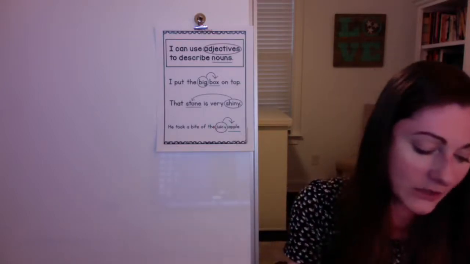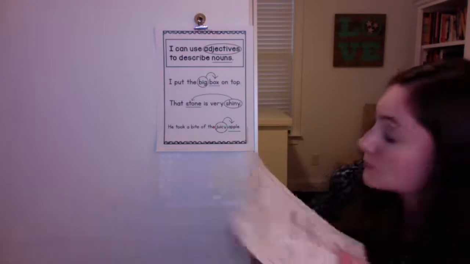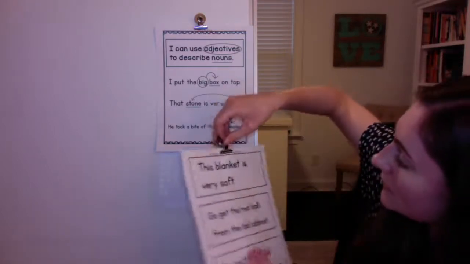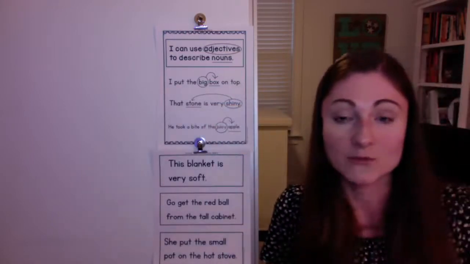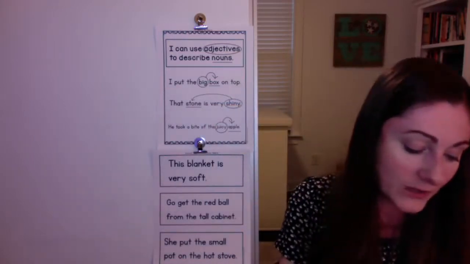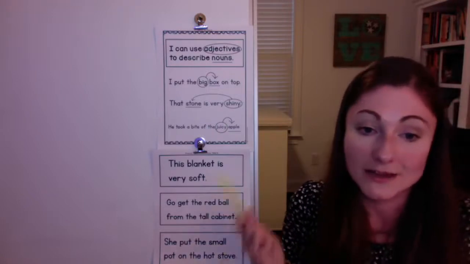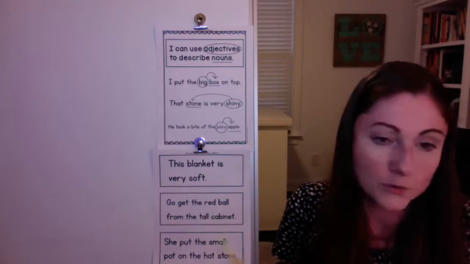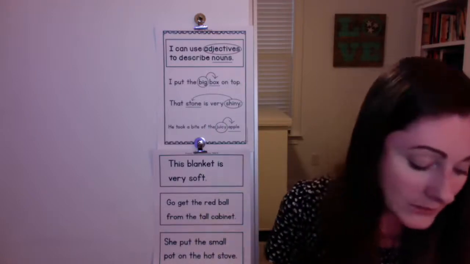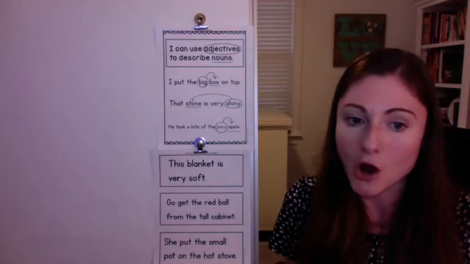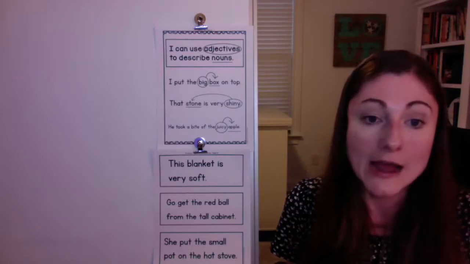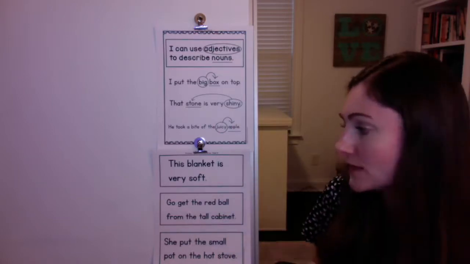Next up, and I would still consider this to be the explore part of the week. You could potentially do this on the same day if you wanted to. It could be another day. This part is very quick. You display these sentences on the board. You read them aloud to the kids, and they read them as well. By this point, at least in Grammar Alive, the kids already know what nouns are. So I will ask them, for this blanket is very soft, okay, what's the